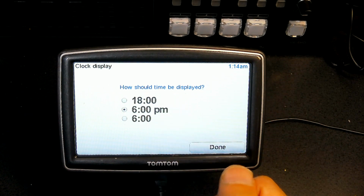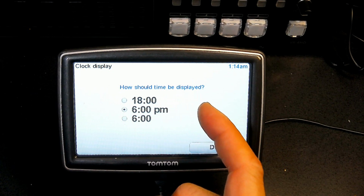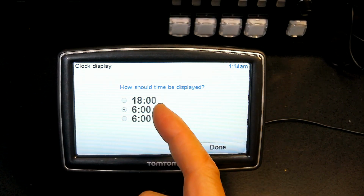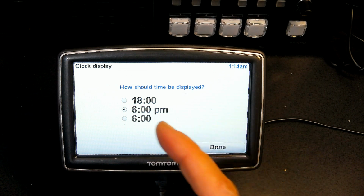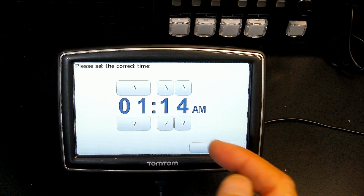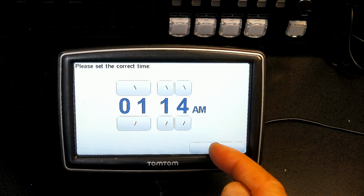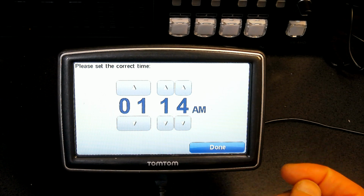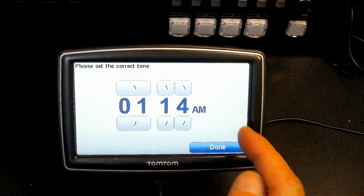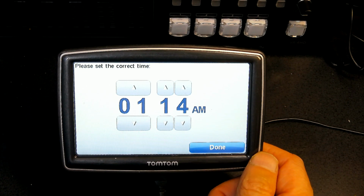Now the time format, we have military time and standard time, so you have to pick one. We would like to choose the standard or the default, which is the standard time. Then we can adjust the time of our location. And then you click on done. Okay, now it's going through